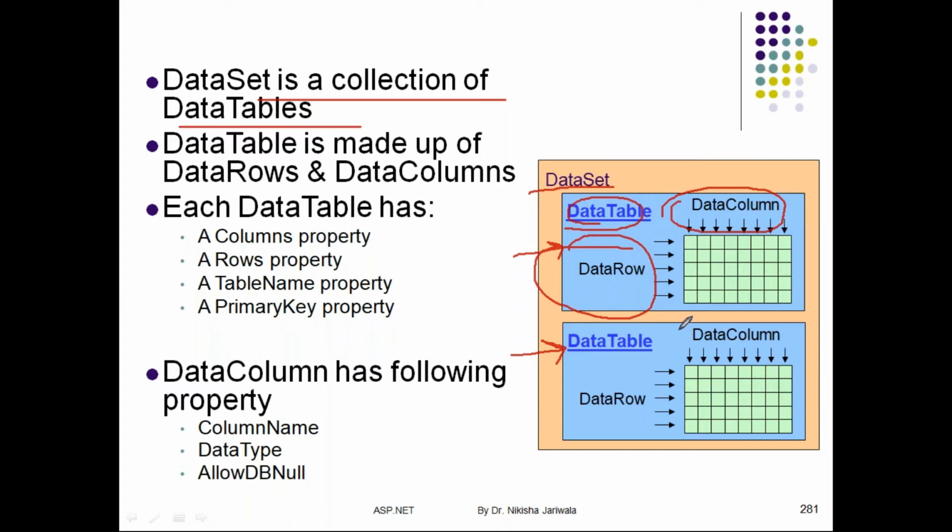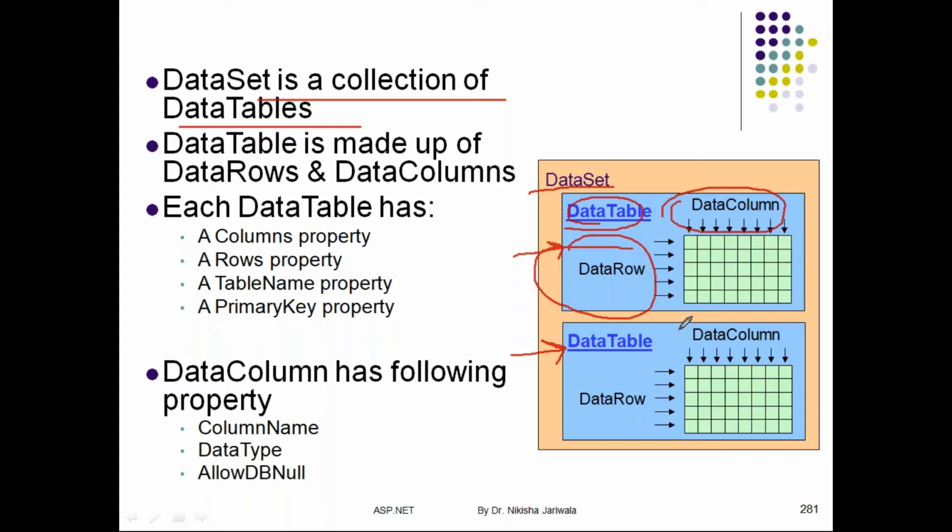Because as we know, a table contains more than one data column, that is the fields, and data rows, that is our records. And along with that, we can also have constraints within this data table. Means if we want a primary key constraint or another type such as a check constraint, then all those things are present within this data table object, right?